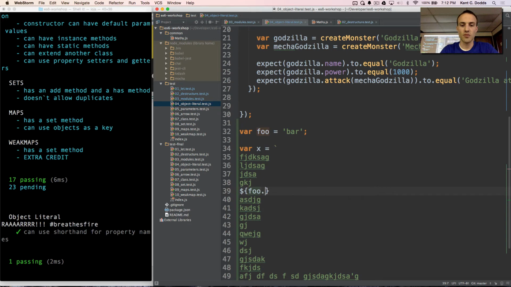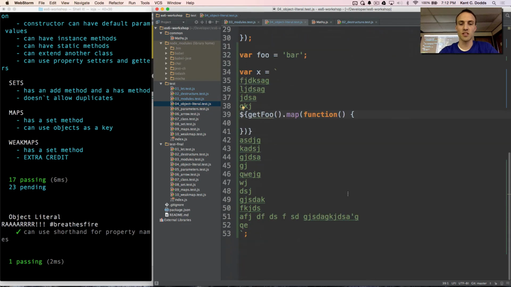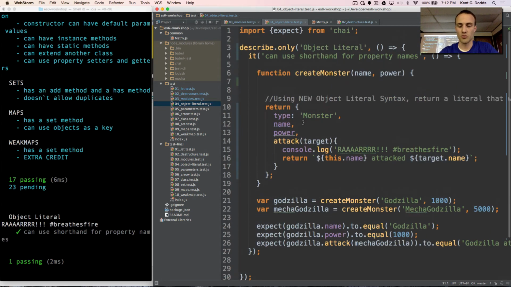I could even say foo.length, and I could even say get foo dot map function, crazy awesome. Don't do that, this is getting a little out of hand. But the fact that you can do this inside of your string makes things so much easier. So template strings are awesome. I wish I had more time to give you more examples of why they're so cool, but we're using them right here. Okay, so we'll move on.